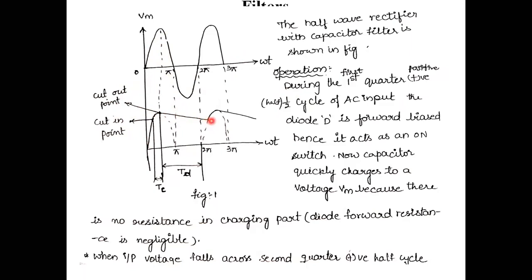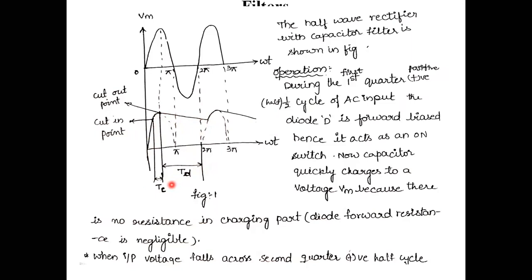Cut-in point of next waveform. Then again it rises to the cutout point, and it reaches the next point of the next waveform of cutout point. From cut-in point to cutout point, I can treat that current as charging, that time as charging time. And from cutout point to the next cut-in point, I can treat that duration of the waveform as discharge time. This is the charging time, and this is the discharging time TD.